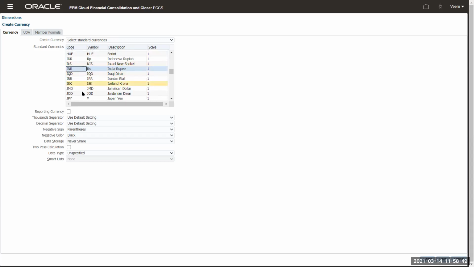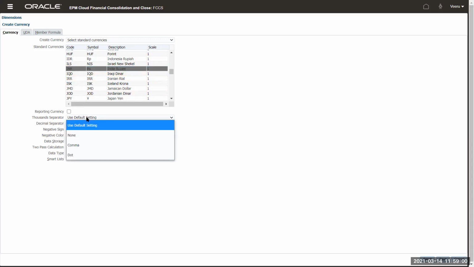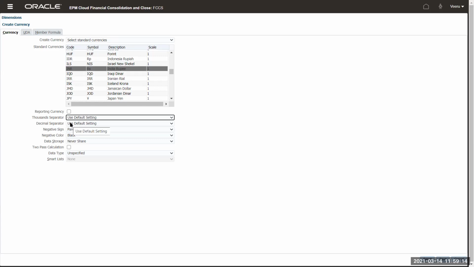So you just select it, and then remember these settings we have seen in the application settings. Now it will ask you what setting you want to use for this currency: comma or dot or none for the thousands separator. If you don't set it, it will just use some default setting. I don't recommend using the default setting because it will not be in your control, and each form will look different.